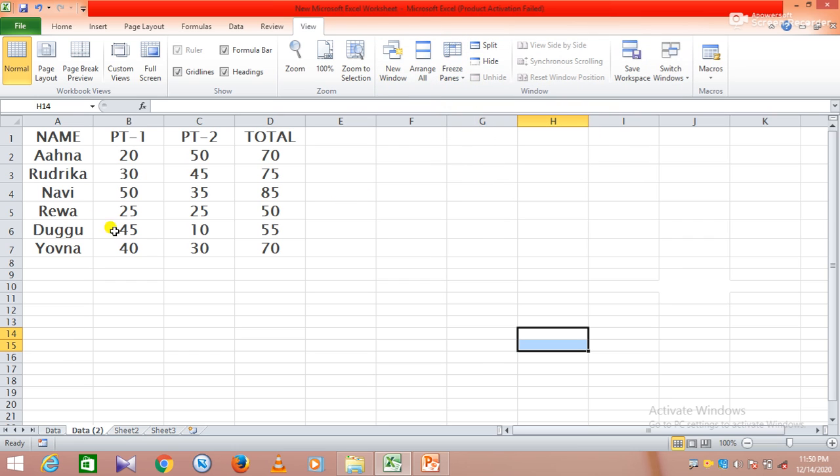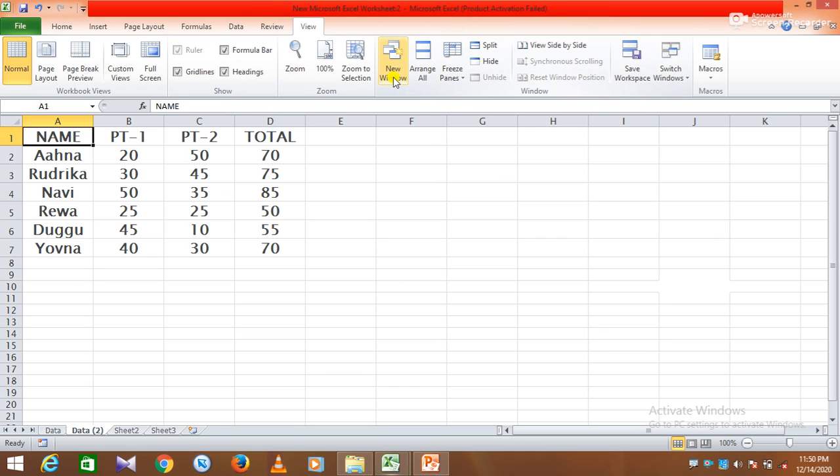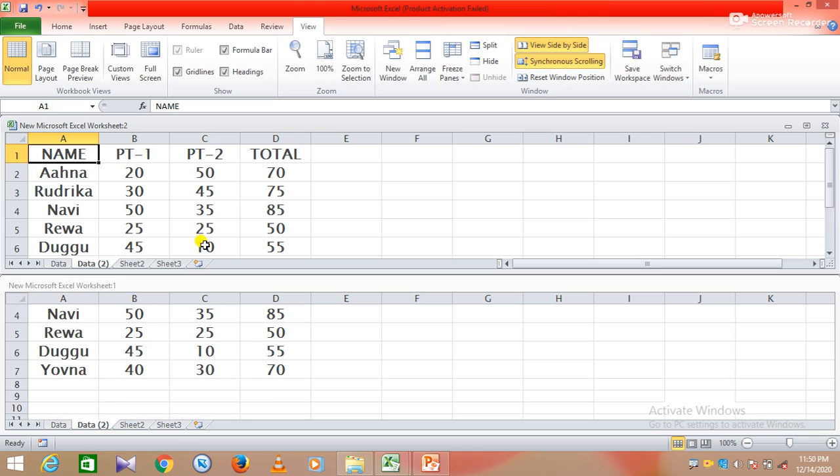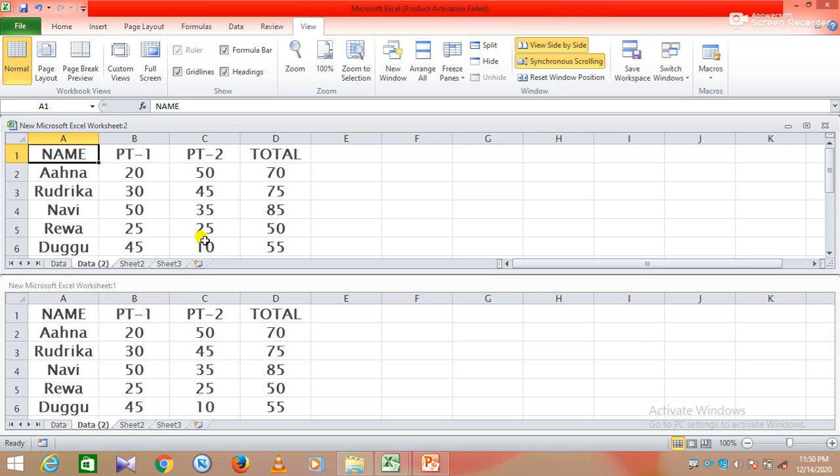Then on the View tab, in the Window group, you will find New Window. Then on the View tab you will find View Side by Side. So in this way you can view two windows side by side.